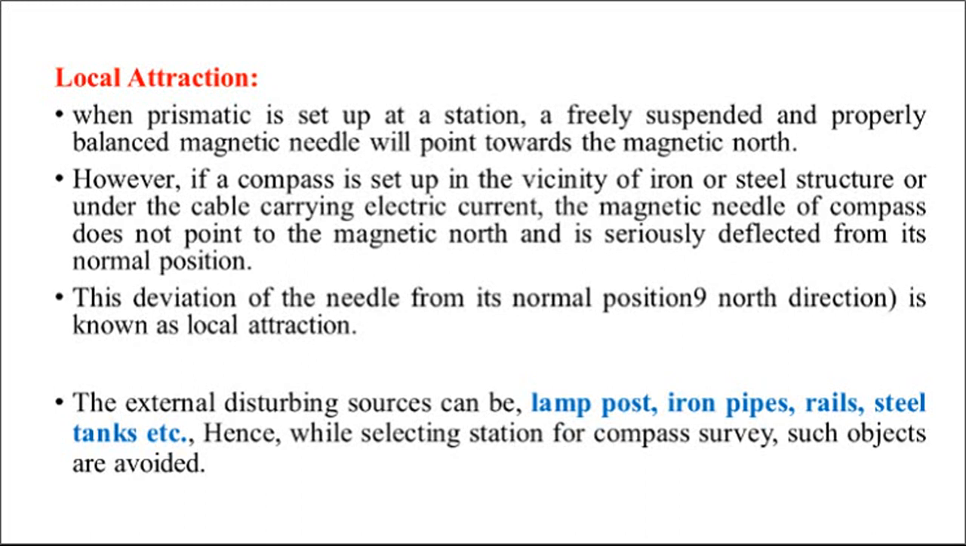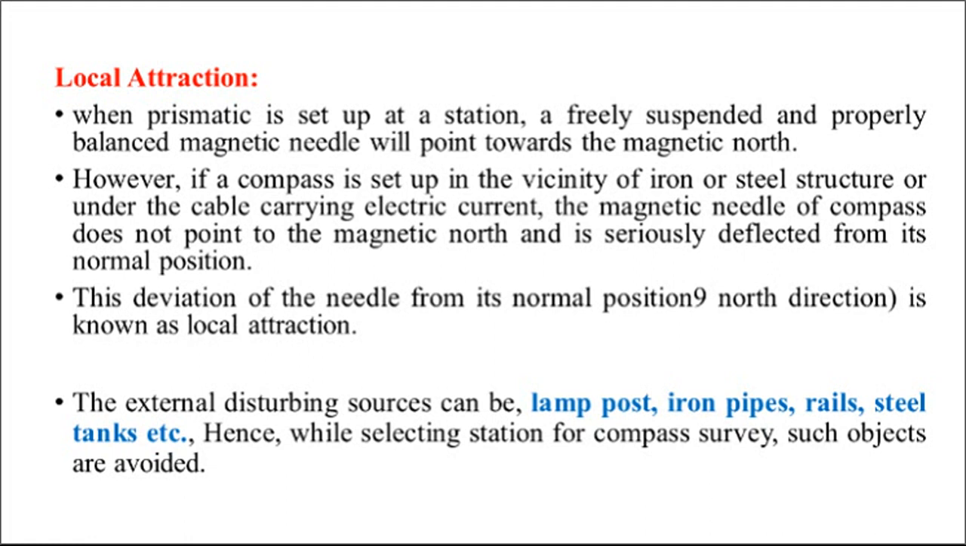When a prismatic compass is set up at a station, a freely suspended and properly balanced magnetic needle will point towards the magnetic north. In compass we have seen there is a needle and that needle always points towards the north and south pole. However, if a magnetic